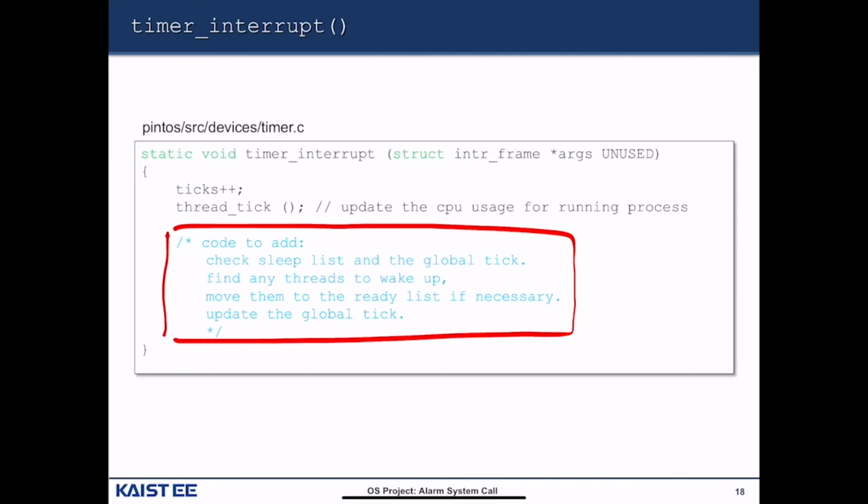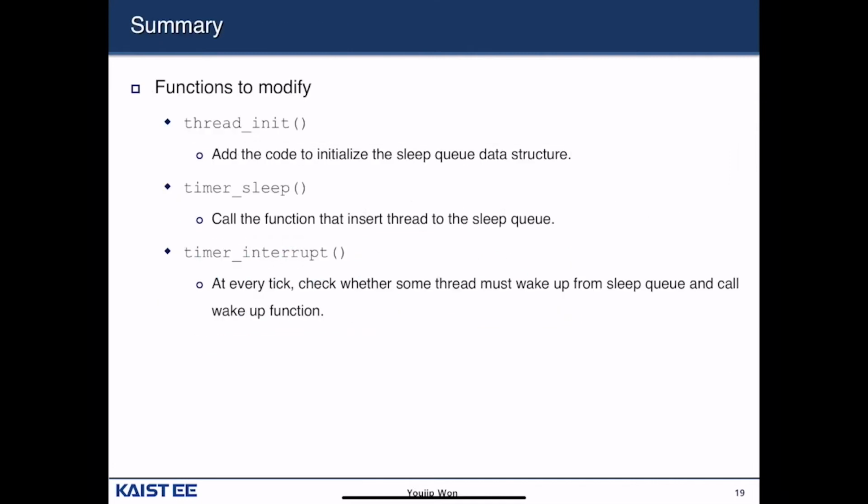So you check the sleep list and then check the global tick, and you find any thread to wake up. And then you move them to the ready list if necessary, and then you update the global clock. So this is simple. So in summary, you have to modify a few functions: thread init, timer sleep, and timer interrupt, to make your